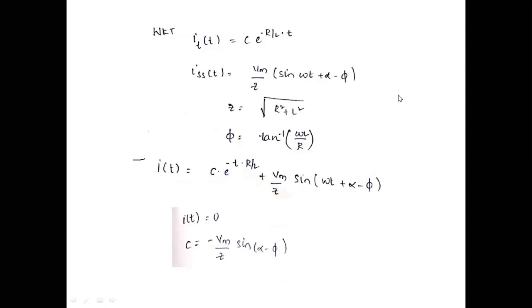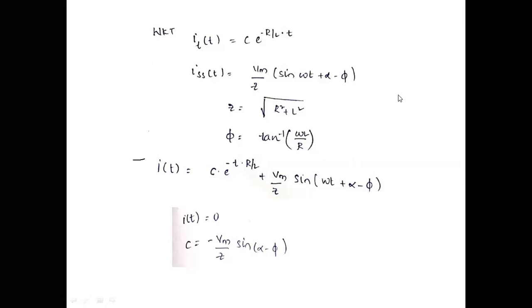Now you see here, what is the transient? All these expressions are already familiar to you. How do we obtain IT of t and ISS of t? By applying Laplace transforms for the given circuit, then determining the Laplace transformed current I of s, and later applying the inverse Laplace transform of that I of s. Then you get C into e power minus R by L into t. That is the transient current. First of all, you have the transient current. Next, the steady state current is also given. First, note down these two points.